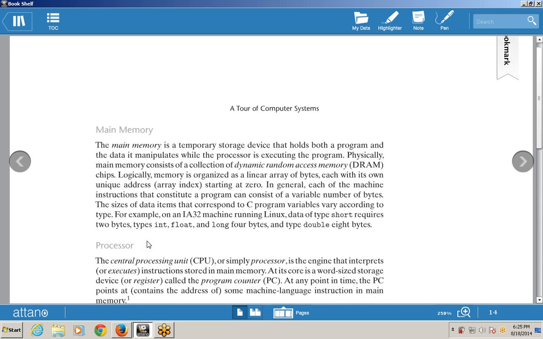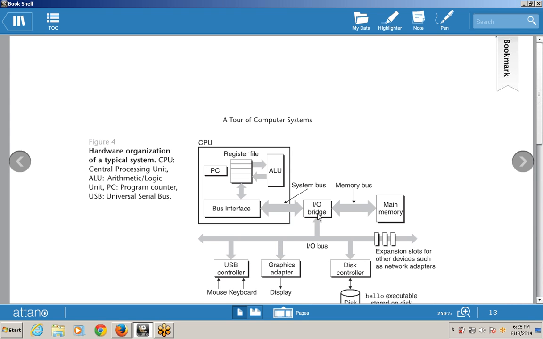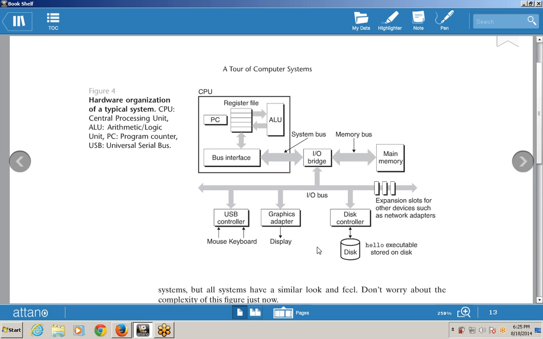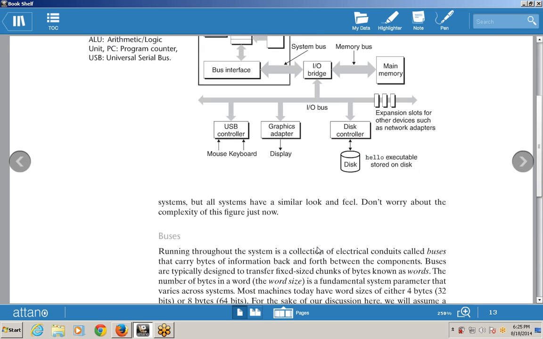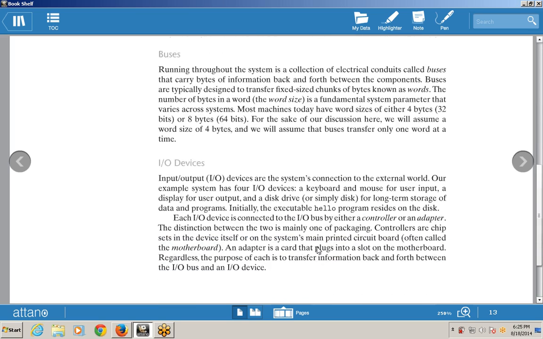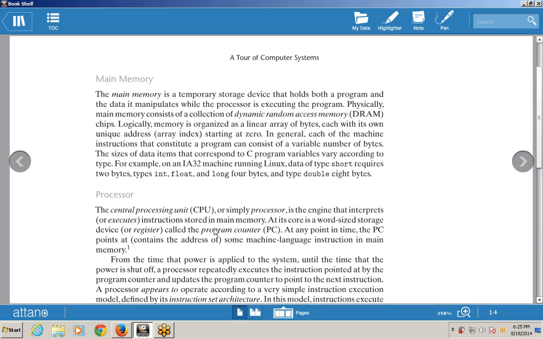Next is your processor. So till now we have covered input, output, and main memory. Now what is a processor? This is the CPU, or simply processor. Another name for processor is CPU. So the processor is nothing but the CPU, the central processing unit, the engine that interprets